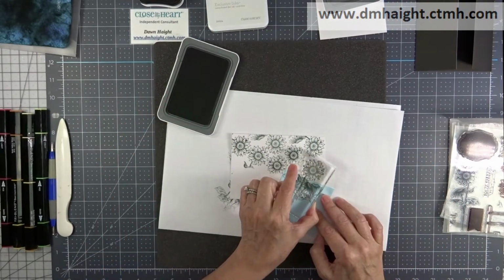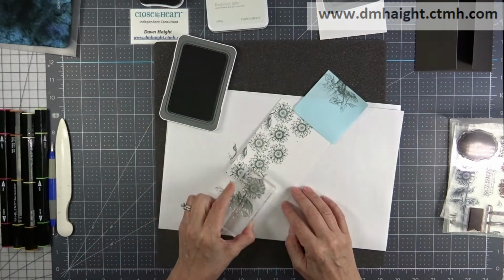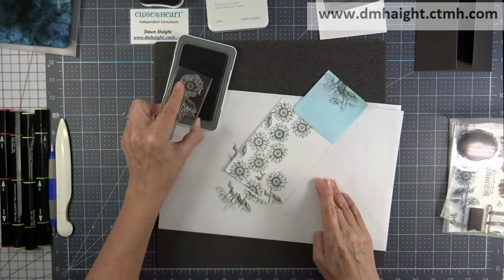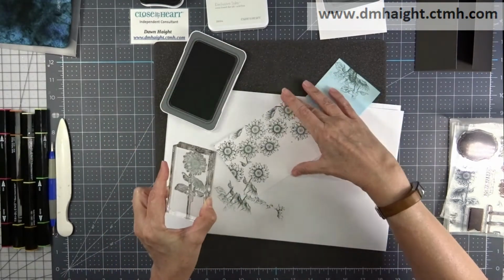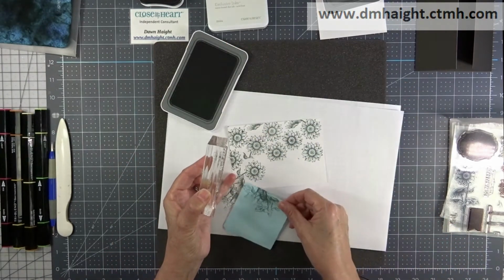It's more just to get the overall look and random placement of your flowers. So I'm just going all around, and I'm going to fill up this whole panel. And then later on I'm going to cut that panel in half, but I wanted to stamp it all together because